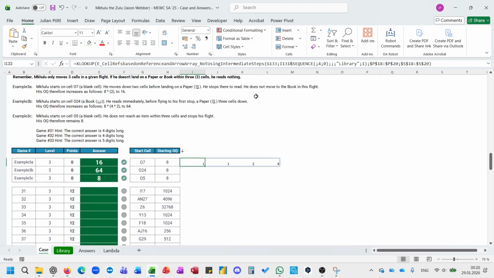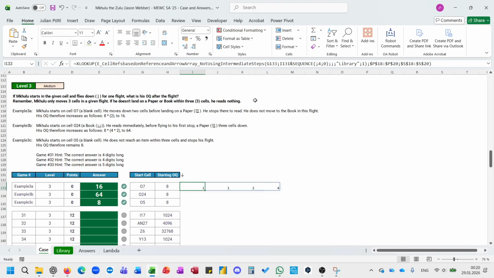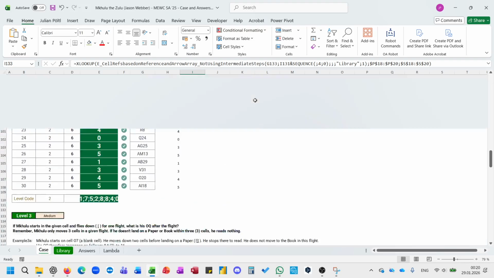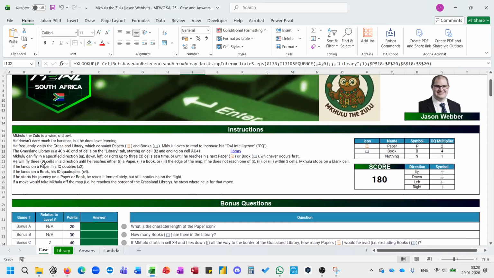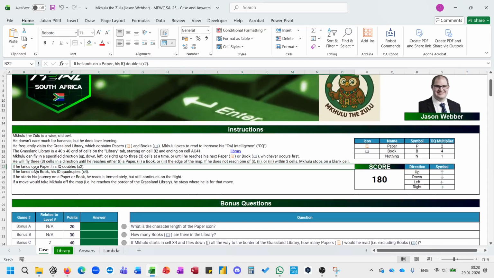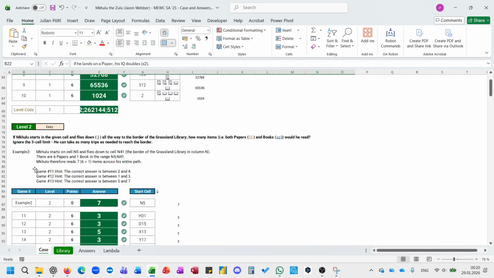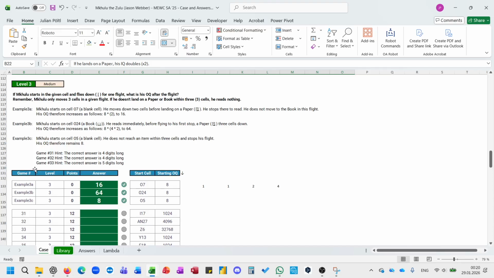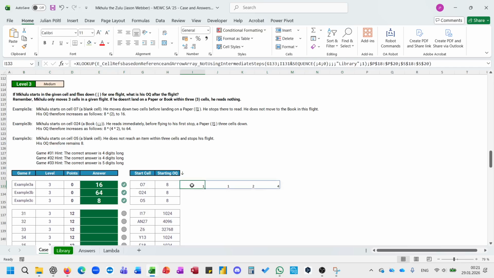Oh, so he actually... Oh, yeah. So, okay, I skipped over that rule. So, only until he reaches the first paper, except if the first paper is in the first cell. Okay,